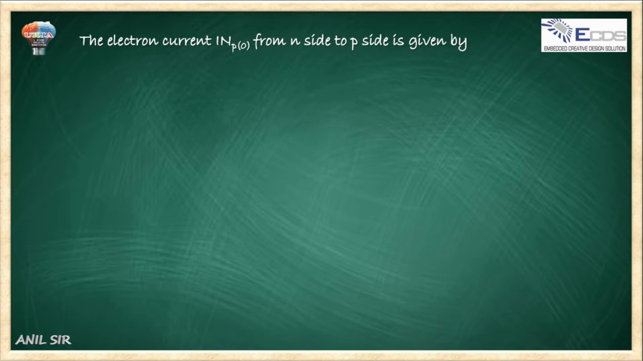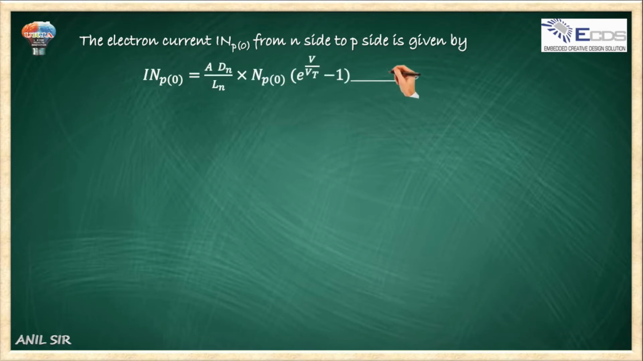So the electron current INPO, जैसे हमने होल कॉन्सेंट्रेट करंट का देखा था, वैसे ही हम यहाँ पर ये आपका N साइड टू P साइड. P साइड टू N साइड आपके होल्स ट्रैवल कर रहे हैं जिसके होल करंट कहेंगे, और जो N साइड टू P साइड ट्रैवल कर रहे हैं that is the electron. So the electron current will be INPO equals to A into dN upon Ln into NPO e raised to the power V upon Vt minus 1. Consider this is the equation 6, where